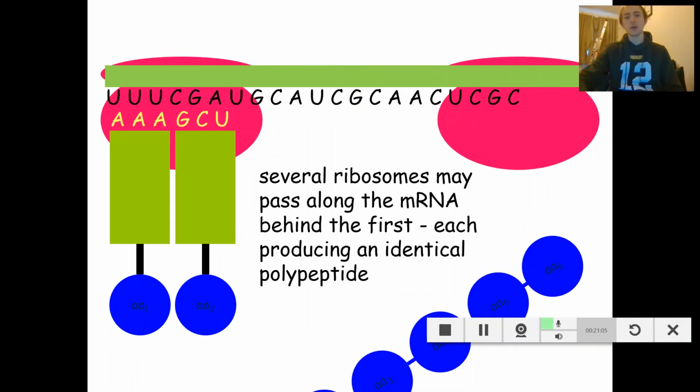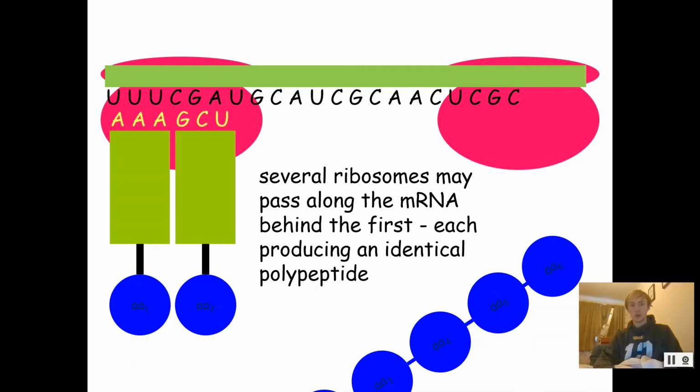Right, and then the final point here, which is important to get down in notes, is that several ribosomes may pass along the mRNA behind the first, each producing an identical polypeptide. So, assuming you've got down all those notes, and if you haven't, go back and pause me. We're going to move on to the next little bit on the translation topic, which is to talk about how